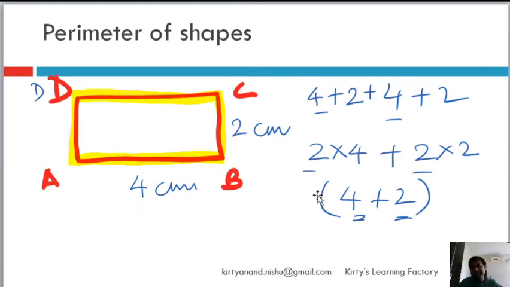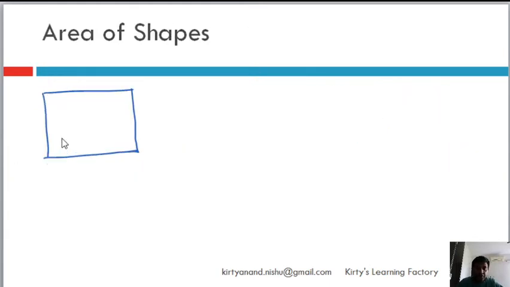The perimeter is 8 centimeters long, or 10 centimeters long, or 15 centimeters long. Area is not length or breadth. Area is basically the portion which comes inside the shape which you have drawn. So this whole piece, if I draw an outline and then paint inside,